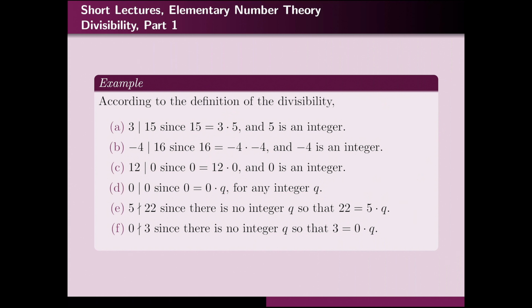The reason I brought this up here is because I want you to see how the way we make our definitions might change our intuition. Usually when it comes to this, people think of a fraction, 15 over 3. When it comes to here, people think of the fraction 16 over minus 4, and they say that, okay, 3 divides 15 because the result of this is 5. 5 is an integer. Minus 4 divides 16 because the result of this fraction is minus 4, and minus 4 is an integer. And then even here you see that when you write 0 over 12, 0 over 12 is 0, and 0 is an integer.